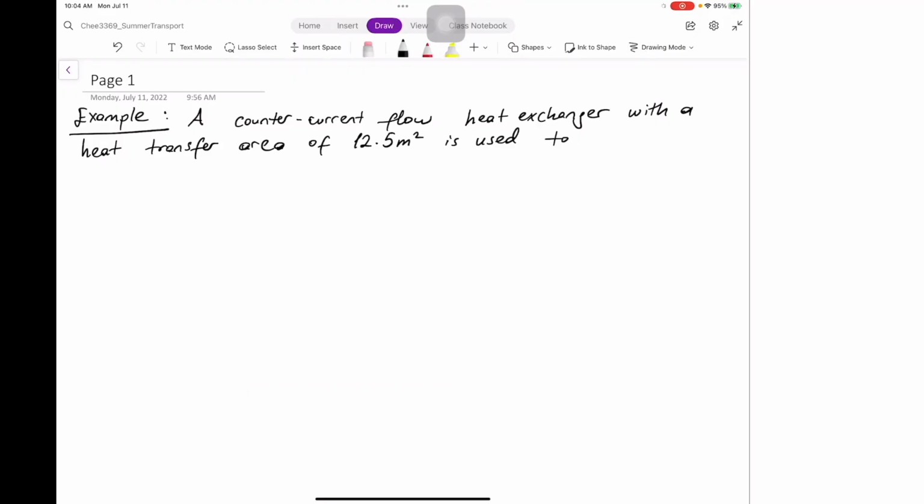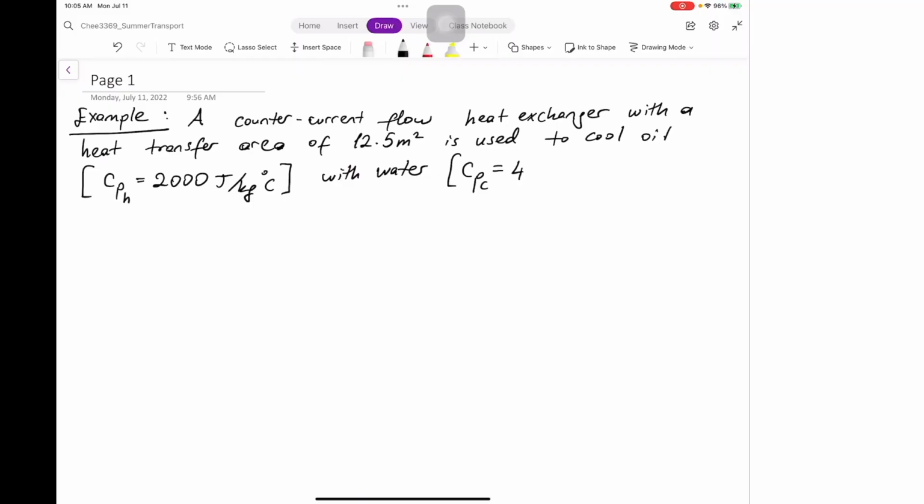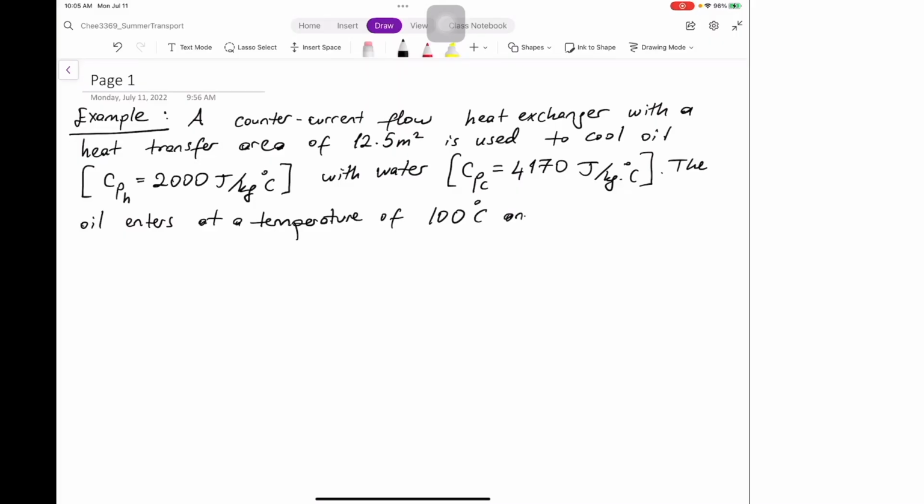is used to cool oil with a CP hot of equal to 2000 joules per kilogram centigrade, with water, which has a CP cold of 4170 joules per kilogram centigrade. The oil enters at a temperature of 100 degrees centigrade and at a flow rate of 2 kilograms per second,